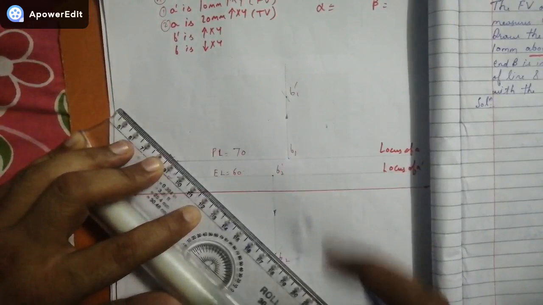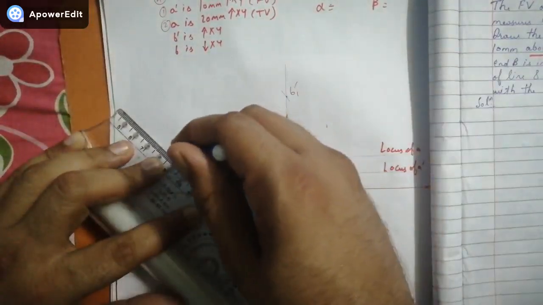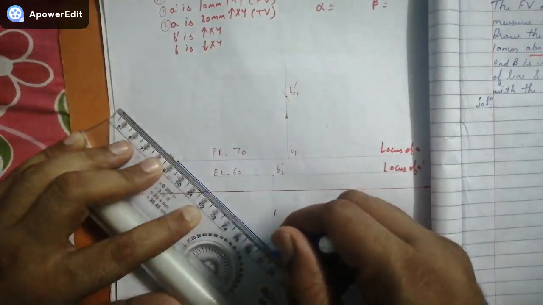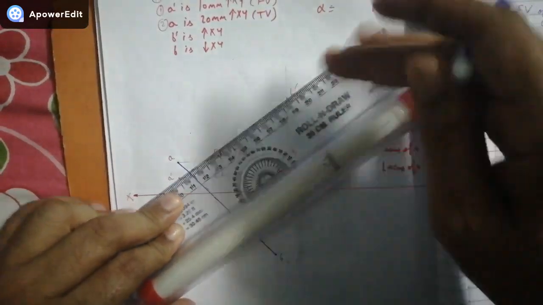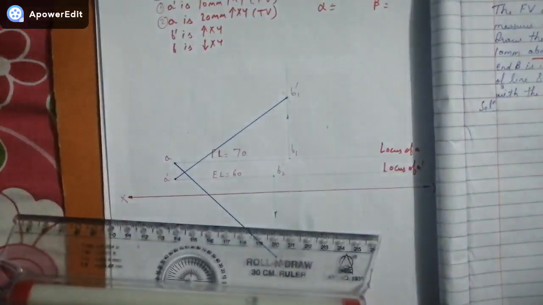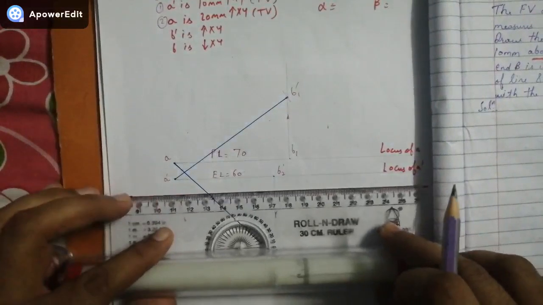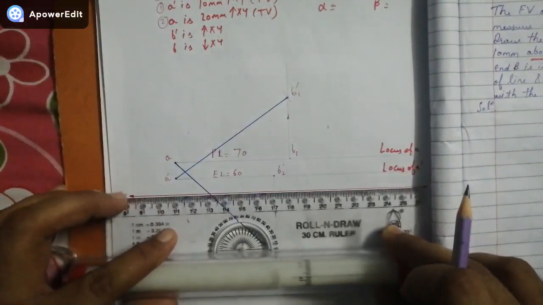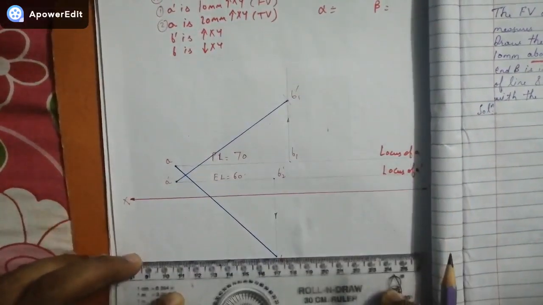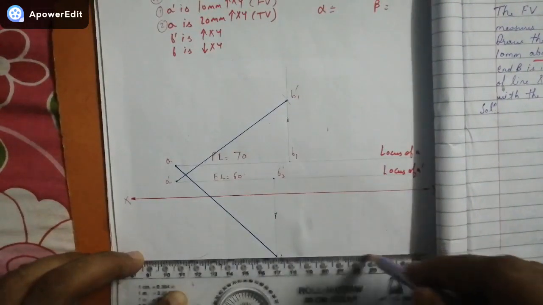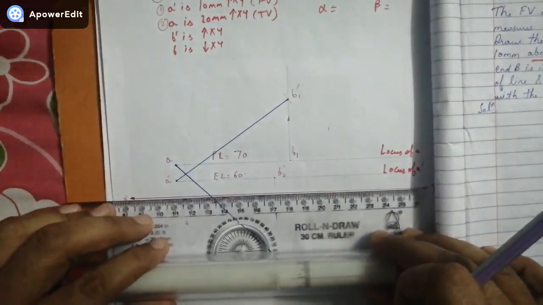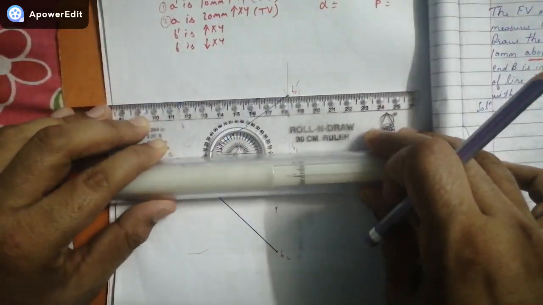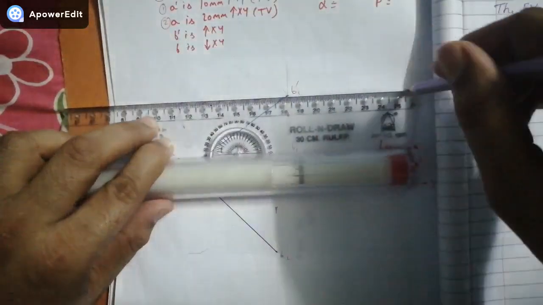So from A till B2 I'll be joining it like this, a medium thick line, and from A dash till B1 dash again a medium thick line will be drawn, which is like this. Okay. And then and there I can draw the locuses of both parallel to the XY line. So once I'm done, I'll take it over here, can draw the locus, and over here parallel to the XY line, of course, projecting it up parallel to the XY line like this.